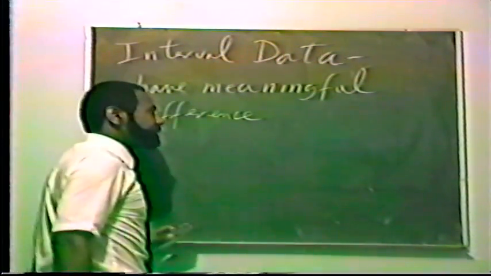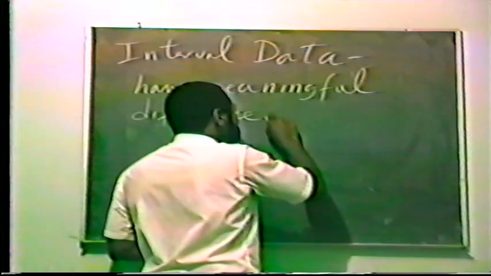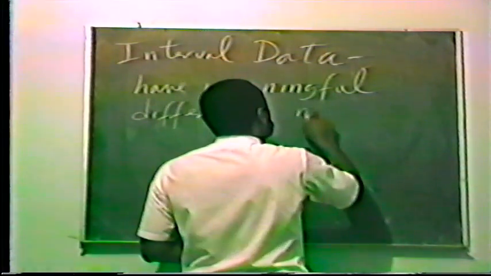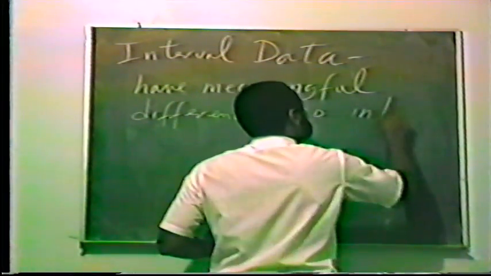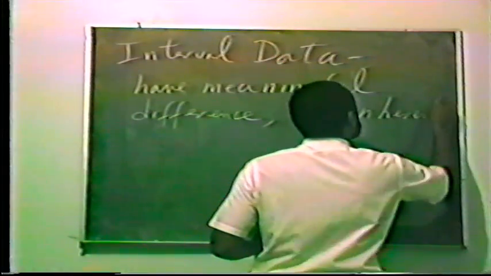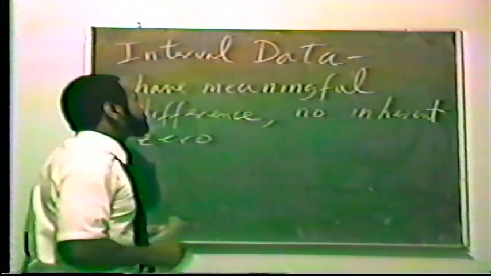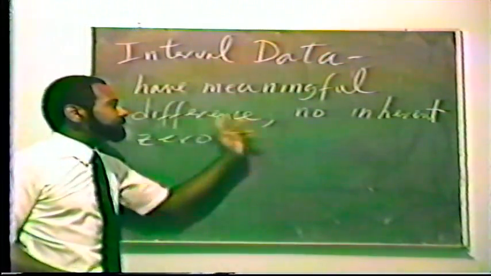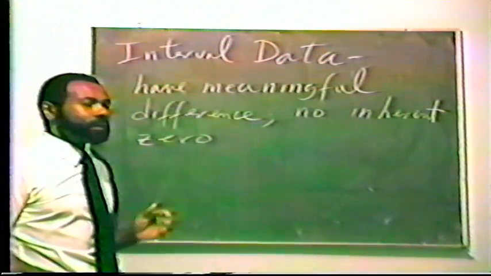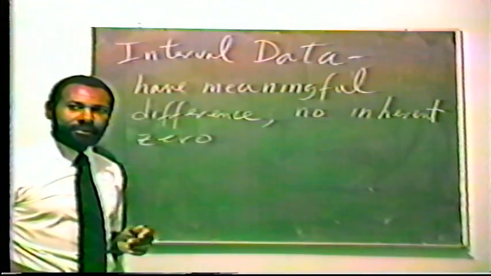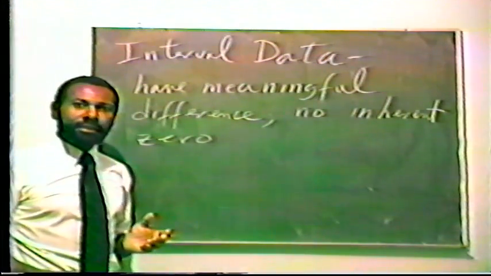They have meaningful differences, and also they have no inherent zero. Interval data have meaningful differences and no inherent zero. An example of interval data